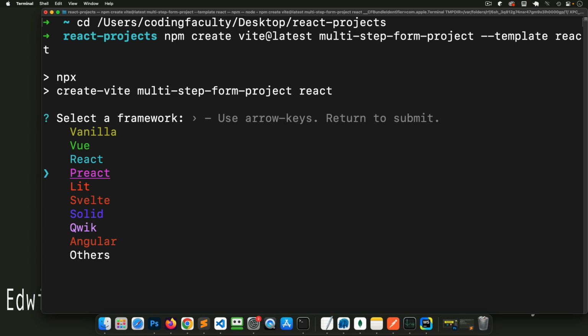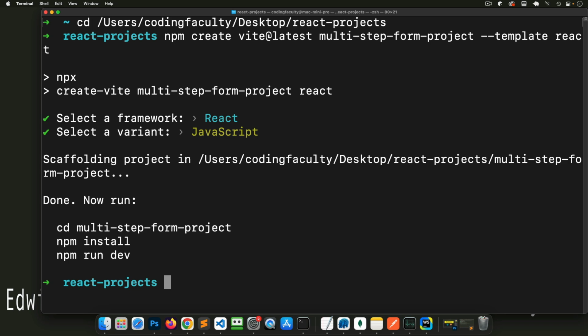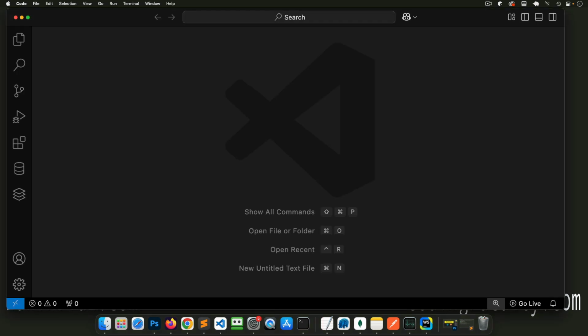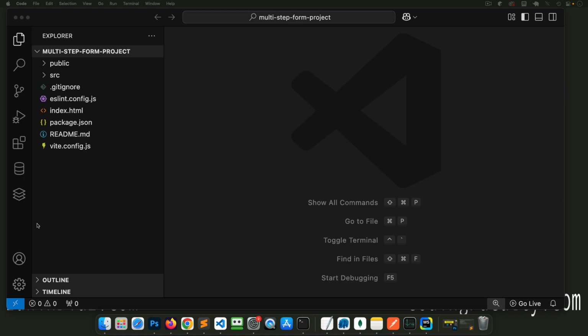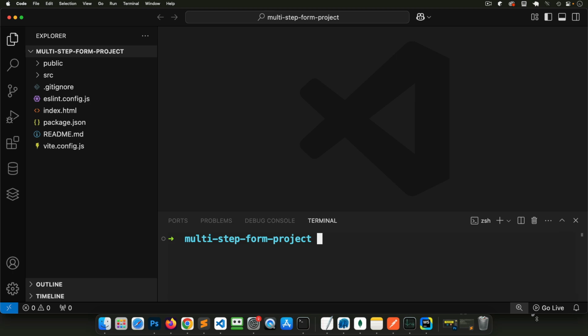I'm going to give it some of the options here first. So React, then JavaScript. And then I'm going to go ahead and open my editor. I'm going to drop that project in there, just like this. Now I'm going to open my terminal, of course, in Visual Studio Code, and then I'm going to run npm install